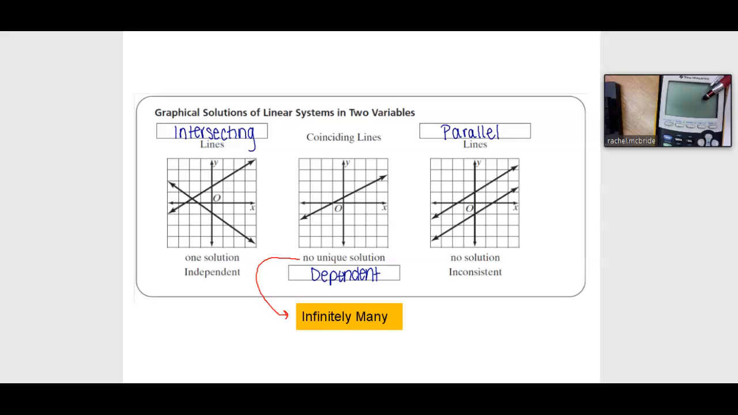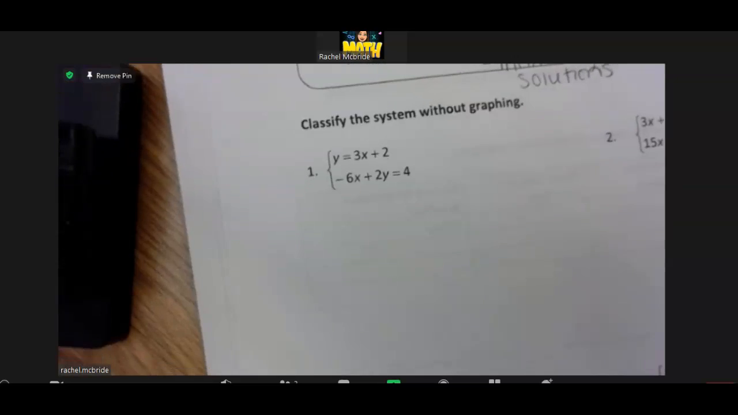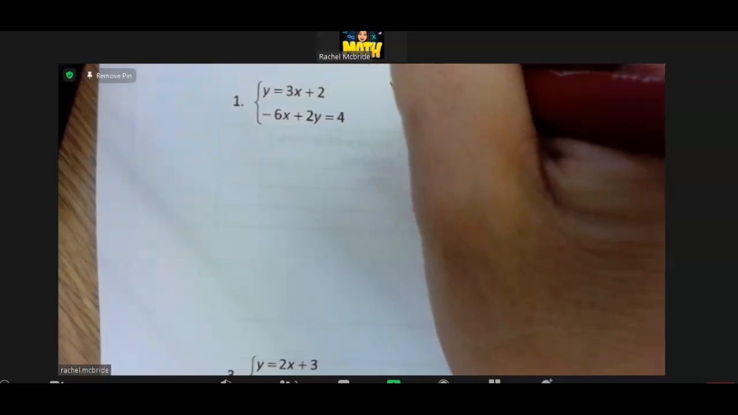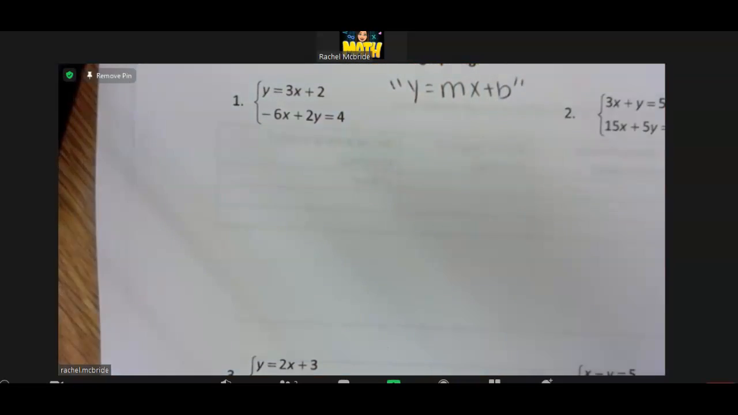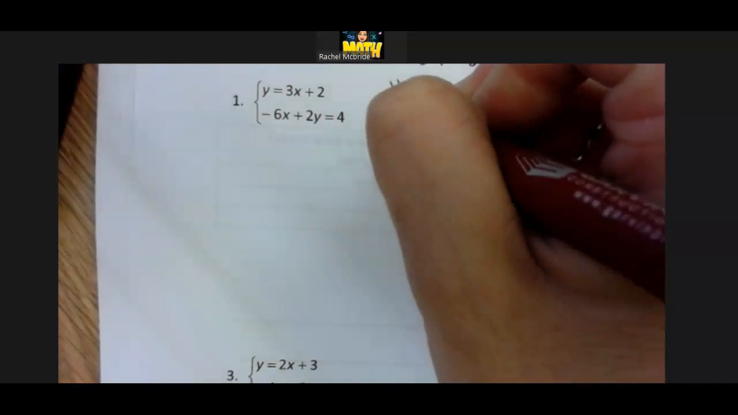All right, for this next set of examples, we're going to classify the system without graphing. So what that means is we are going to compare each of these by looking simply at their equations. To classify without graphing, what we're going to do is rearrange both equations so that they are in y equals mx plus b form, so we can compare m